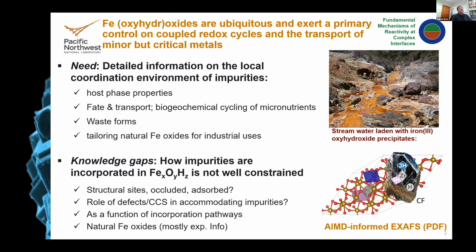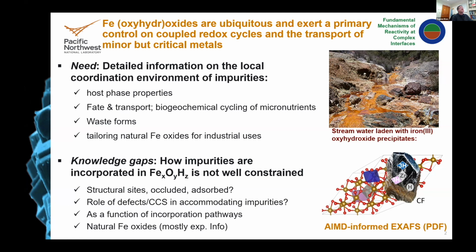The role of defects and charge compensation schemes in accommodating impurities is not well laid out, and also not as well laid out as a function of incorporation pathways. And most of the information really is on laboratory experiments. I do have an extra slide, if there's time, after my conclusions to show some very recent information on uranium